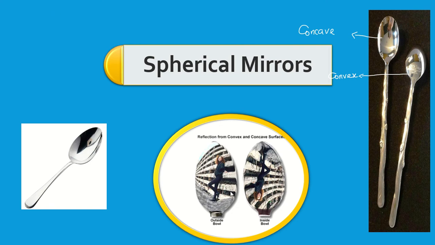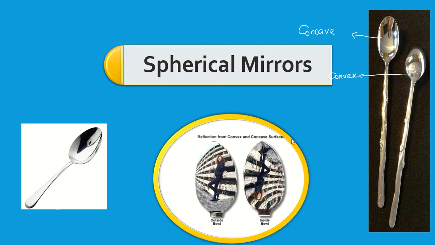You may be wondering why these kinds of pictures are kept here. If you have a newly bought spoon at home, you can try this. You can see your face forming an image within that spoon. Try moving the spoon backward and forward in front of your face. You see wonders, because your face size increases or decreases at some positions. Sometimes you may see your head upside down. So play with those mirrors. This is easily available at home, otherwise we would have to buy a spherical mirror from the shop.